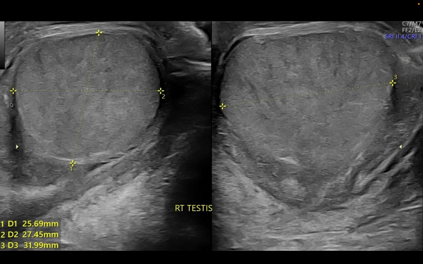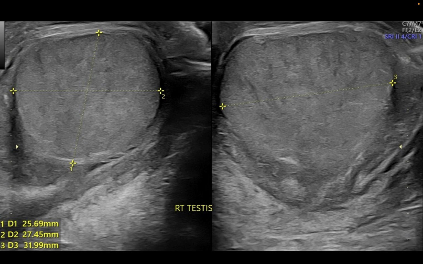The epididymis is also heterogeneous, and if we apply the color Doppler,